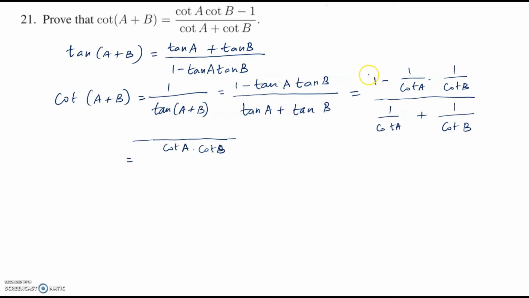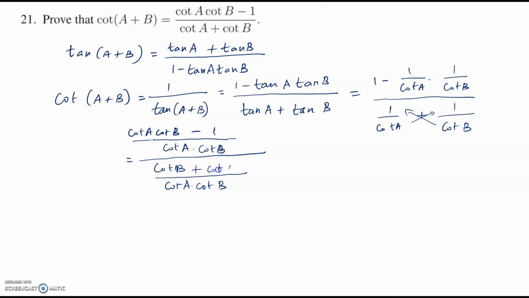So, the numerator will now become cot A cot B. Therefore, the 1 here will become cot A cot B. Cot A cot B minus 1 into 1 is 1, divided by, here, this will be cot B plus cot A. So, you will cross multiply like this and have the denominator as cot A cot B. So, the denominator here will be cot A, which is the denominator of the denominator, and the numerator of the denominator will be cot B